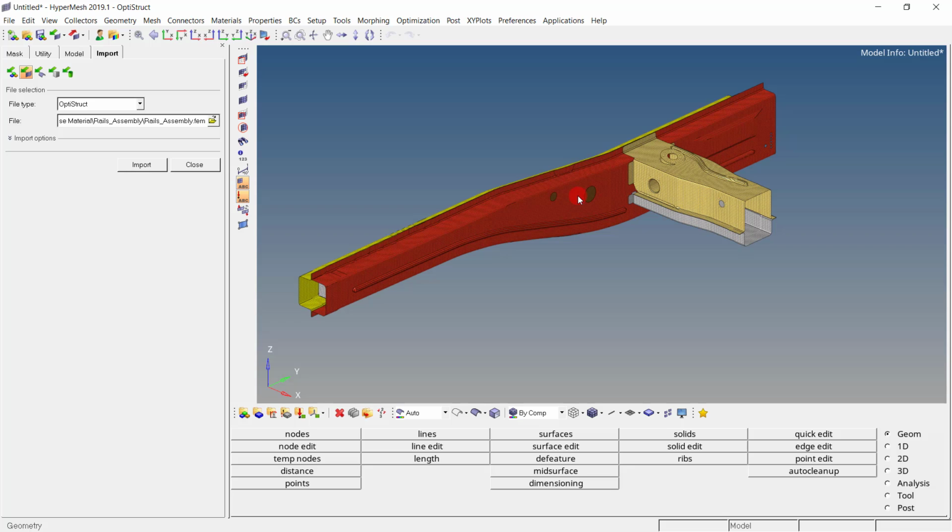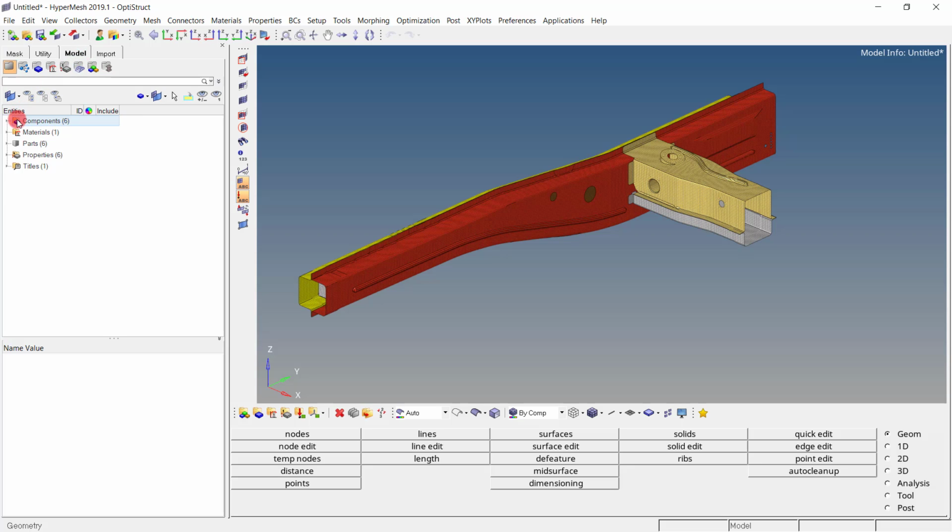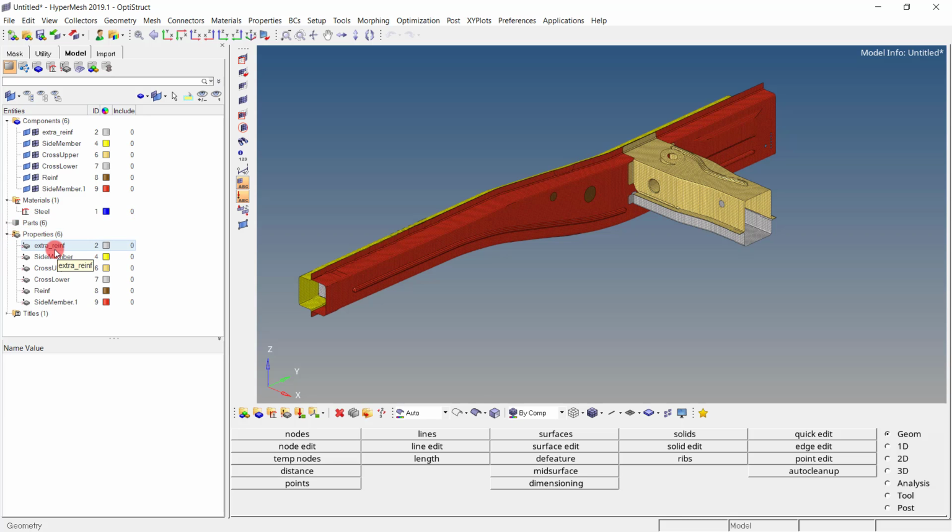It is a standard practice that when we import the file, we should take a look into the content of the file. So to check how many components are there, how many materials are there, I can simply come to the model and here we can expand the component. So as of now, you can see in total I have these many components. But for all these components, only a single material has been created and there are multiple properties, depending upon the thickness.